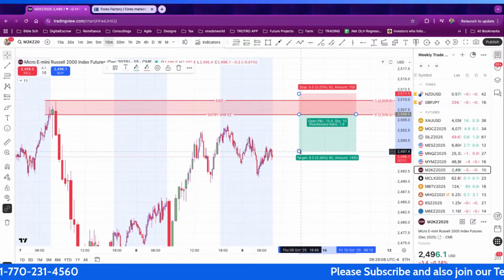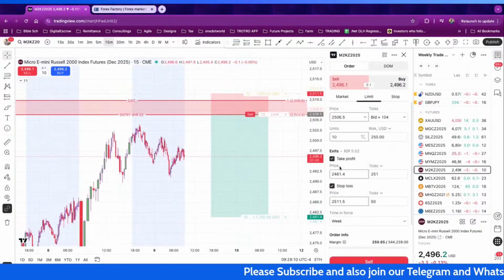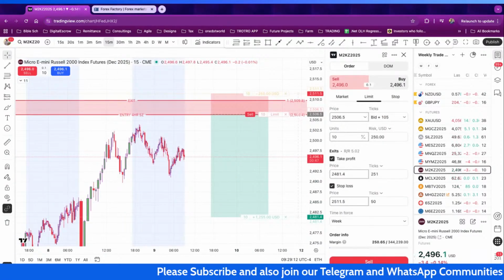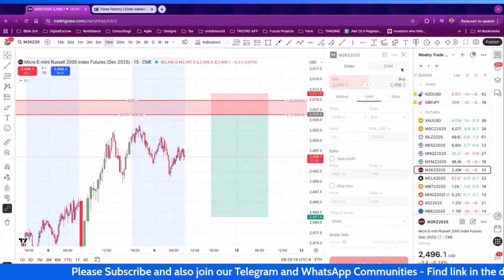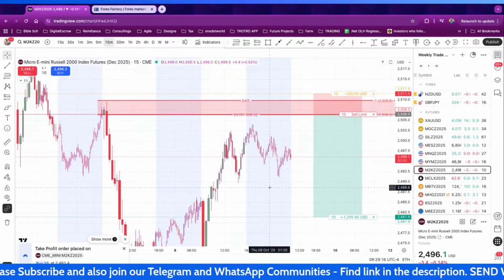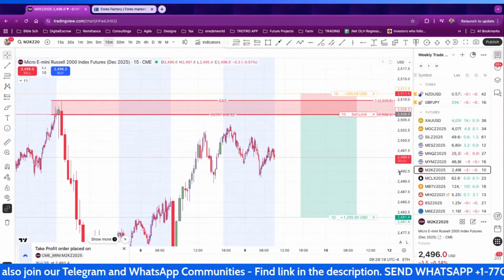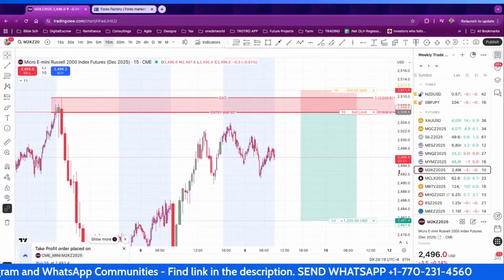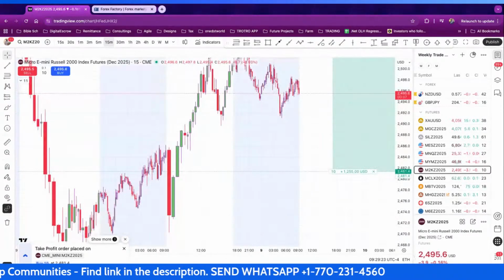So let's go ahead. I'm going to go ahead and put in a short over here, since we're sitting right over there. Now, depending on market condition, like I said, I've already checked the economic news, etc. There's no impact news coming out, but hey, the market can do whatever it wants, right?